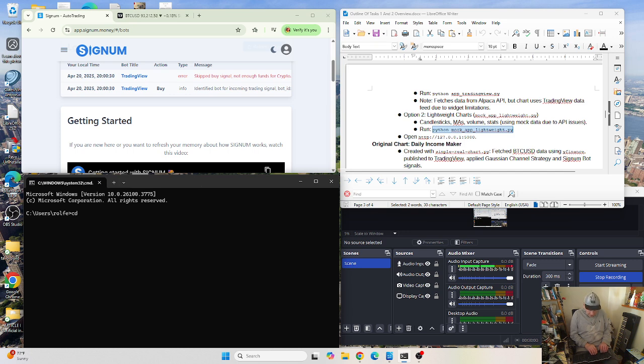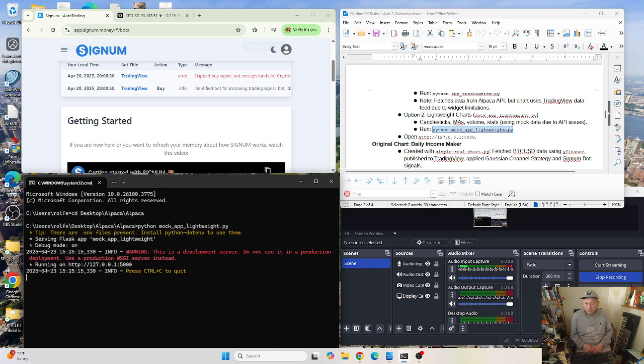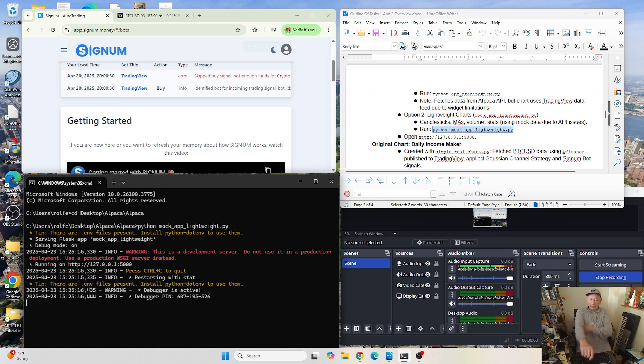First, I have to change the directory to the last place where I put the Alpaca files, the most updated. And we'll insert the command and let it run until it gives us the local URL that we need to see the chart. Okay, so now it's running very well. It's not really showing any errors, although it does mention that the debugger is active. And it gives us the local URL